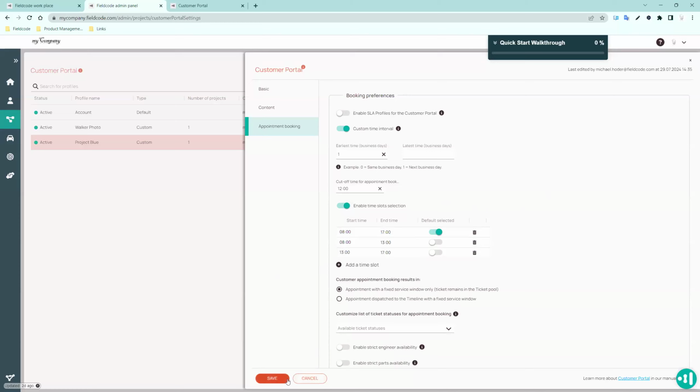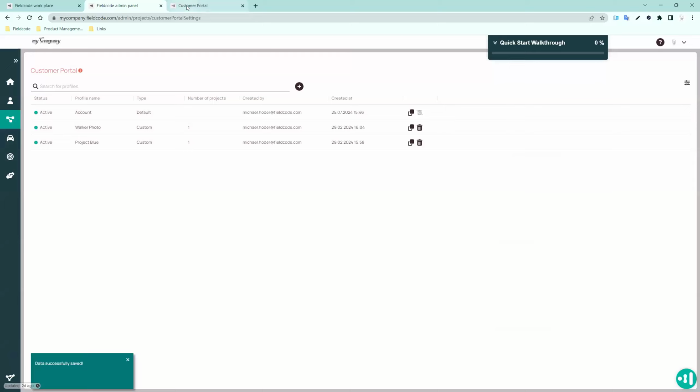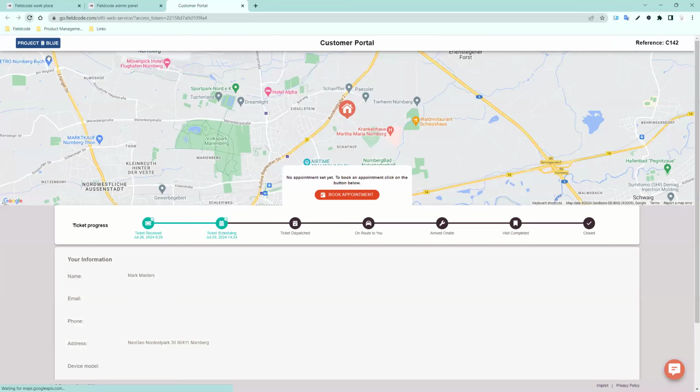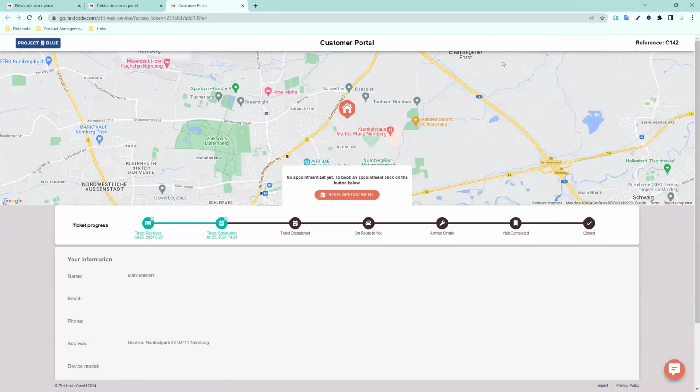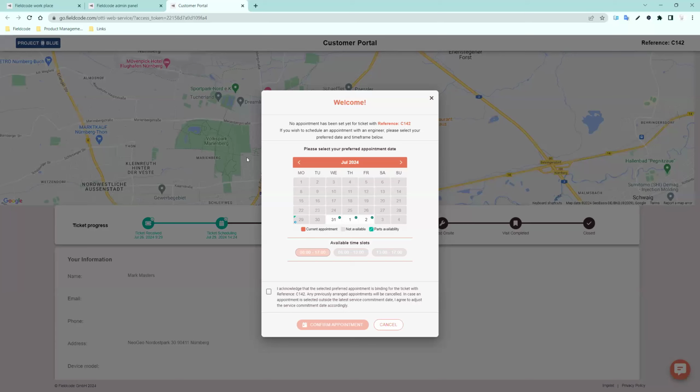So let's see this in action. I'm going to save that. And let's go take a look at the customer portal now. Let's refresh it. I won't be able to show you cutoff time, but I explained that already, but you can easily see the time slots. So we have different time slots on there so that end users are just expected to pick their day and then select the time slot that they're available. If I'm only available in the afternoon, I select the day, select the time slot,